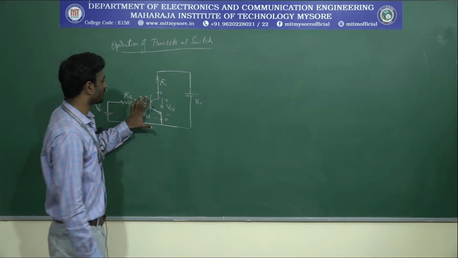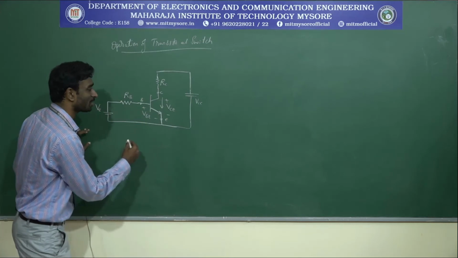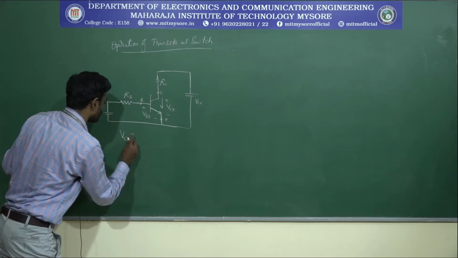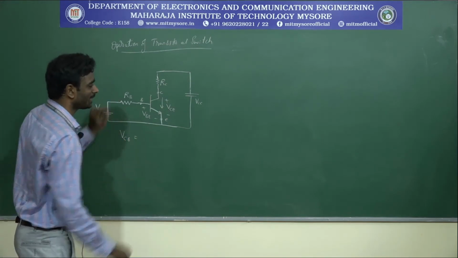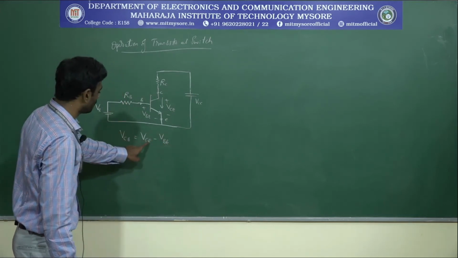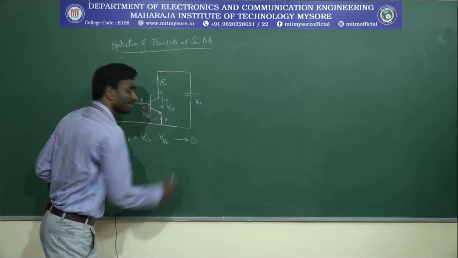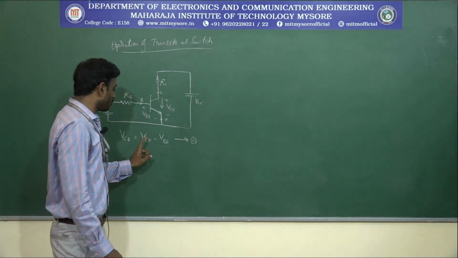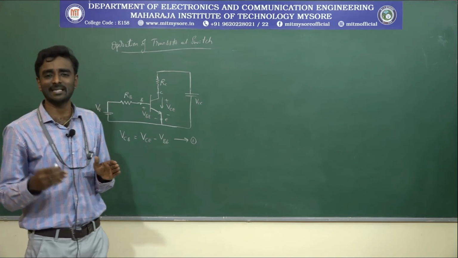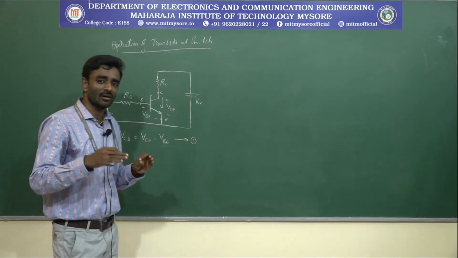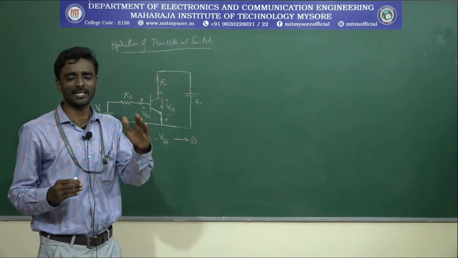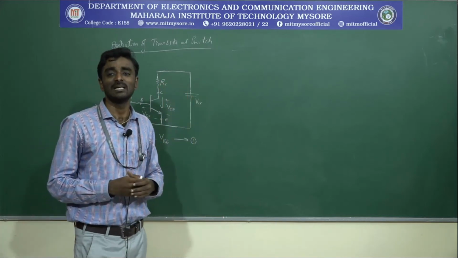If you consider this circuit, I can write one equation. In the first equation, VCB will be equal to VCE minus VBE. In the first condition, VCB will be equal to VBE. It will be considered as equation 1. So when it starts conducting, the voltage will be increasing gradually, and the transistor will be in an operating region. The first stage it will be in a cutoff region, again it will move to the active region, and finally it will reach the saturation region.